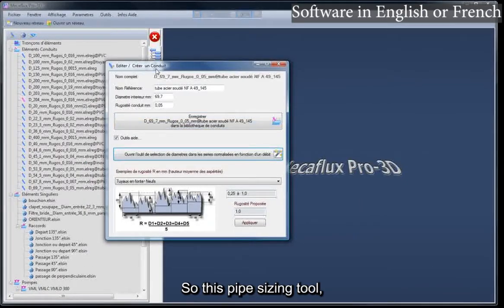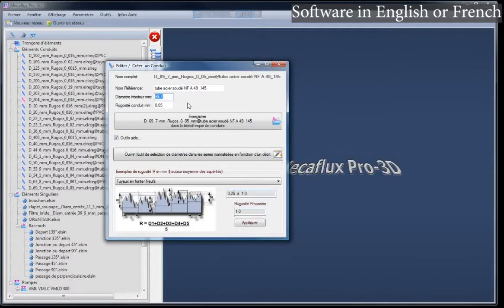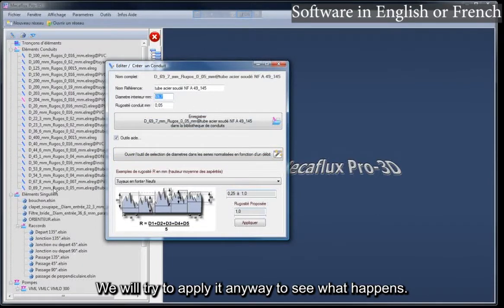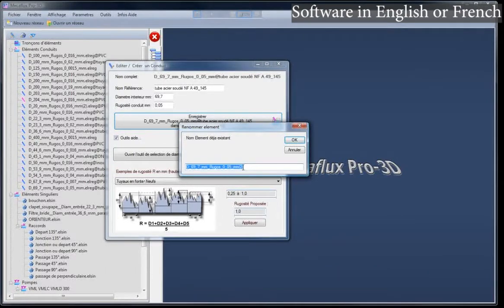So this pipe sizing tool, depending on the flow, allowed us to choose a diameter of 69.7 mm. The diameter already exists in the library. We will try to apply it anyway to see what happens. This element already exists in the library, so the software proposes to rename it. No need to add, we will cancel.